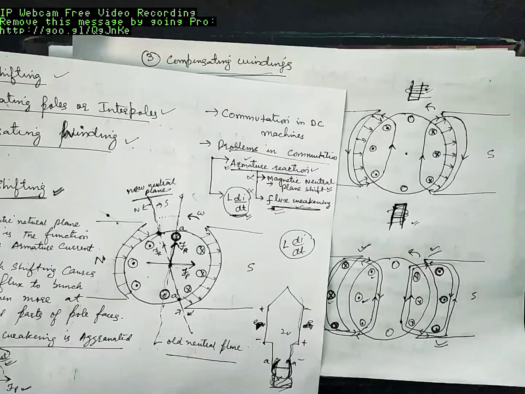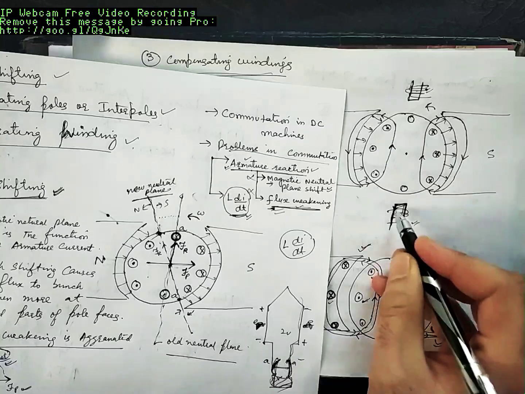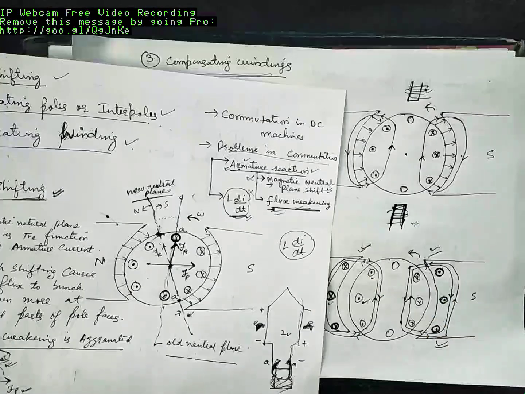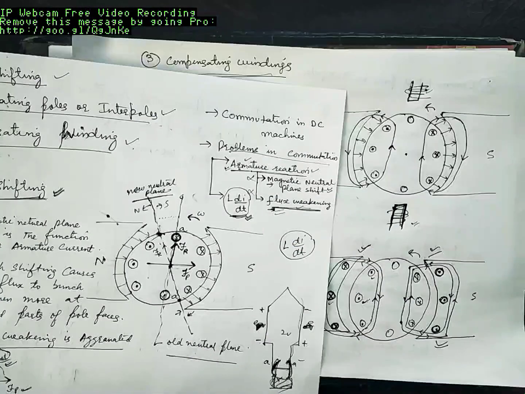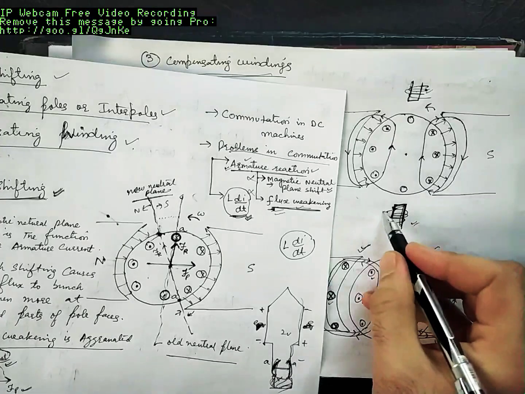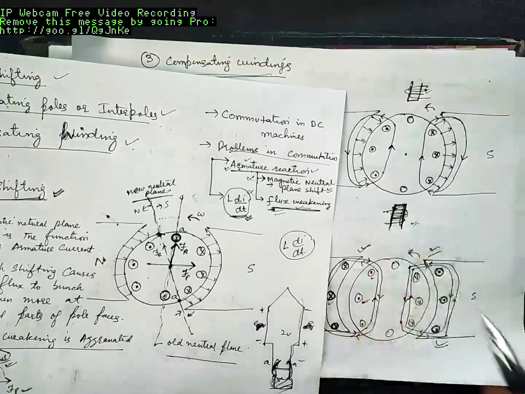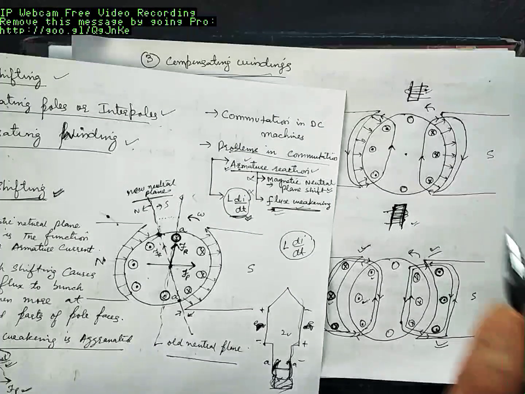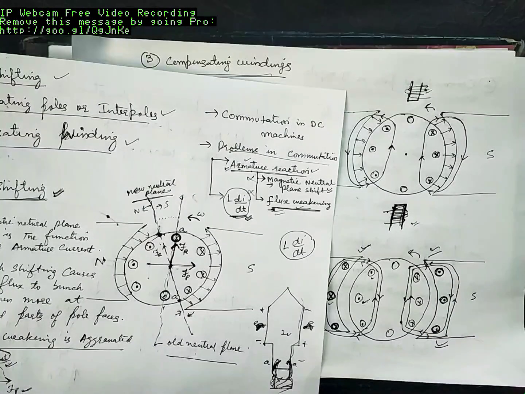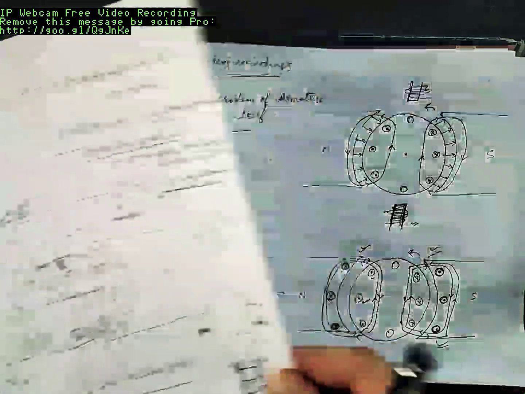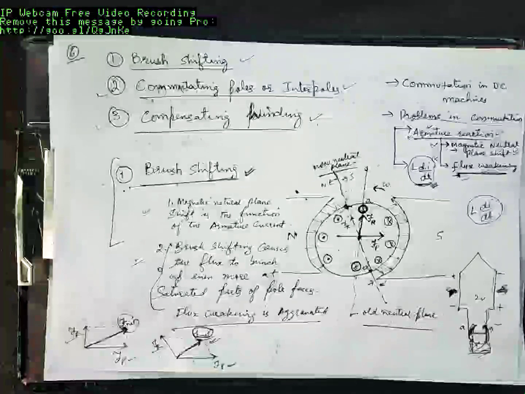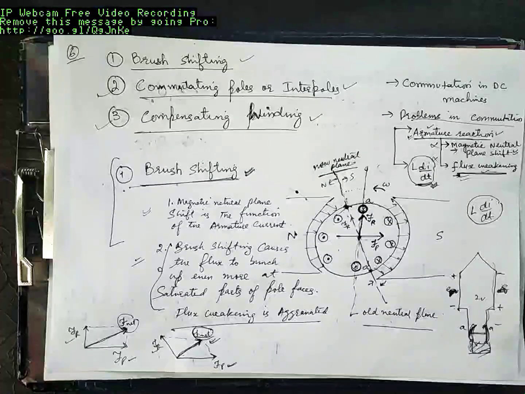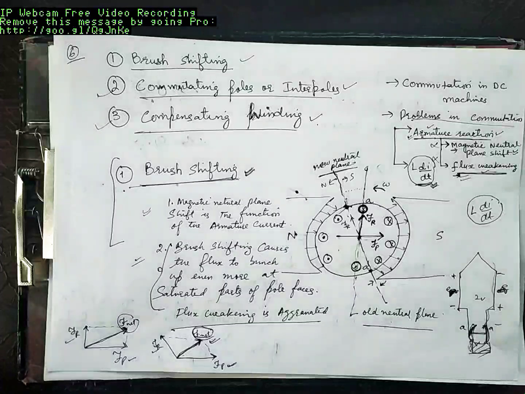Thus, in machines which have compensating windings, you also have interpoles to solve the problem of L di by dt voltage. However, you should keep one thing in mind, that in such machines, the strength of these interpoles does not have to be as strong as in the machines which are without compensating windings. Fine. So this finishes the problems of commutation and the methods of solving problems of commutation. In the next lecture, we'll directly move on to different types of DC motors and generators.